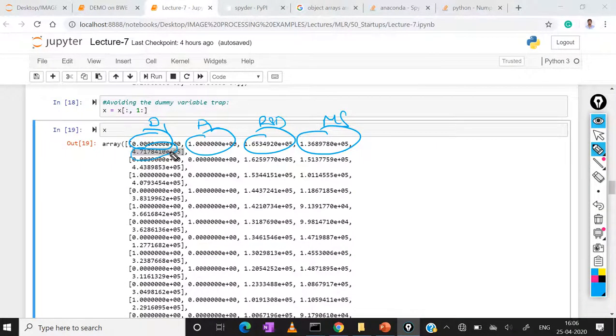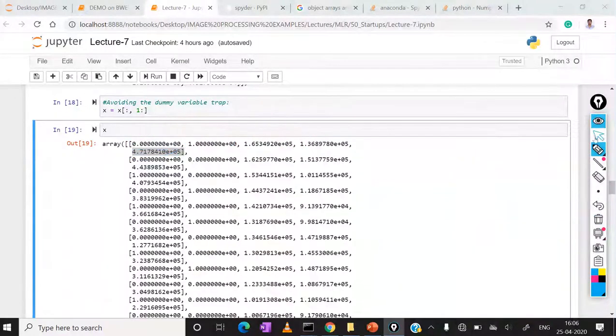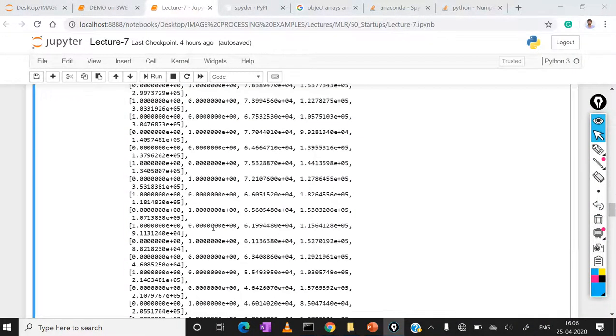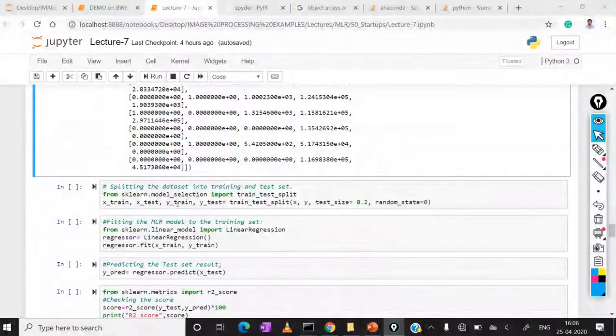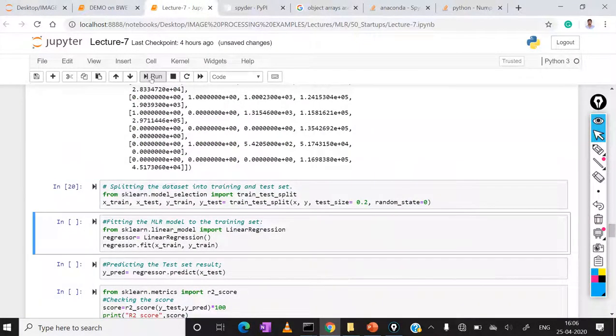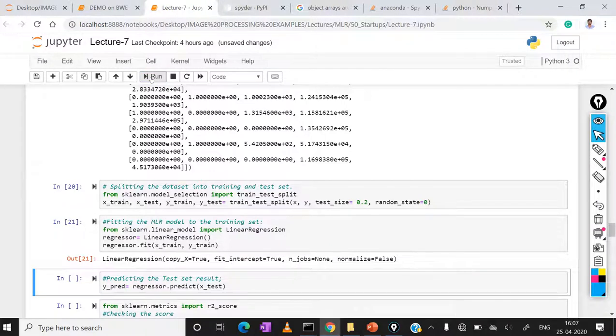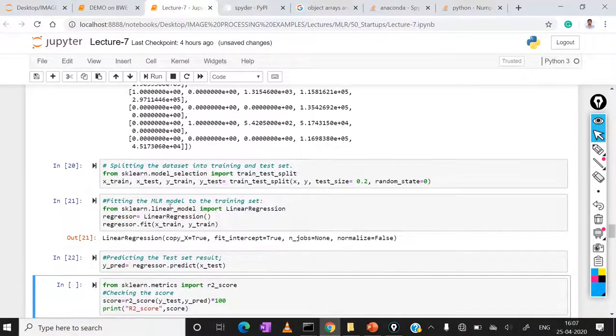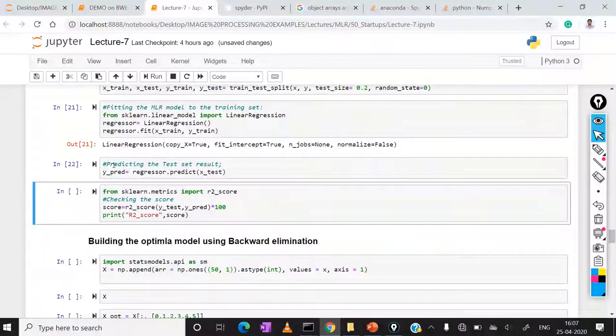Next we have to split our data set. I am not going into detail here, I already discussed this concept. Here I fit the model on this input data set. Now in cell number 22 I predict on x test, the target variables.